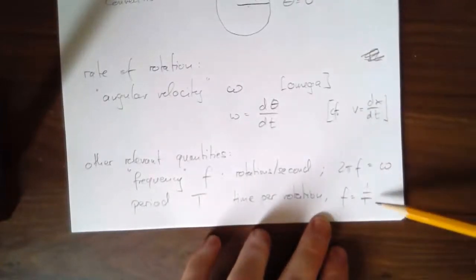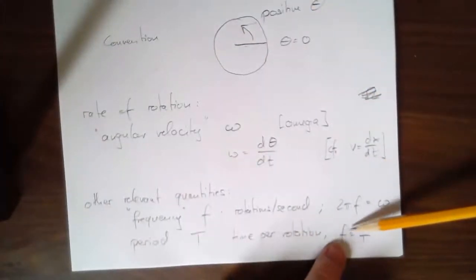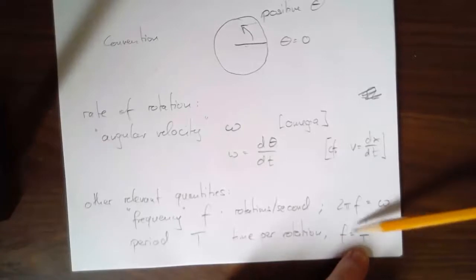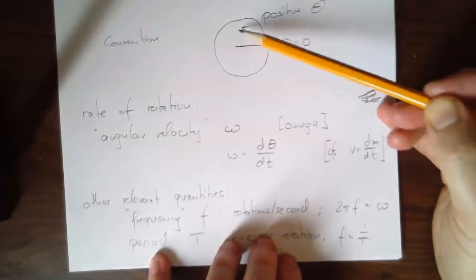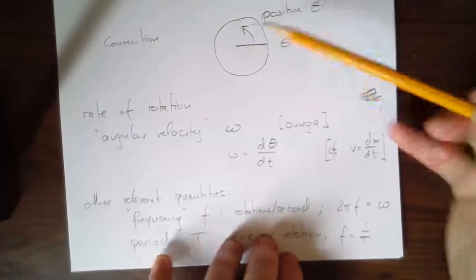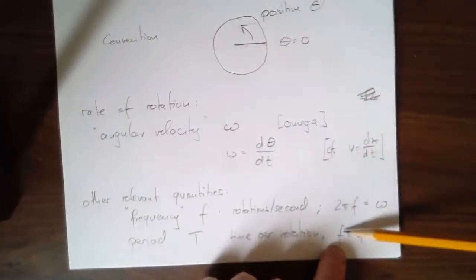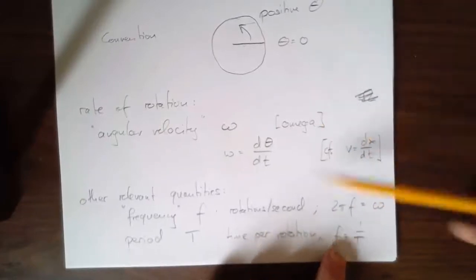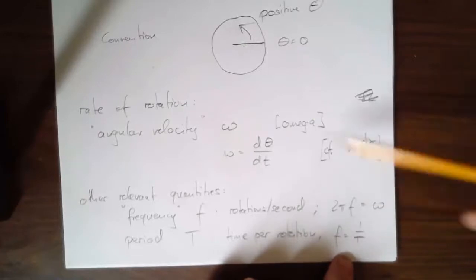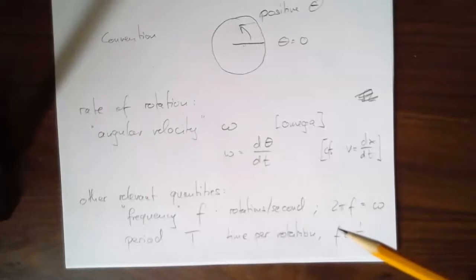Let's make sense of this. If I go around once a second, then the time it takes is 1. 1 over 1 is 1. That makes sense. If I go around 3 times per second, f is 3, then it should be a third of a second to go around. If f is 3, then yes, T would be 1/3. Right? So again, you can check that this makes sense just by trying some very simple numbers where you can visualize the motion. Let's do an example.